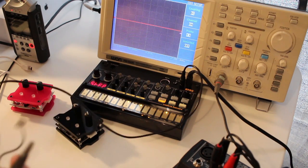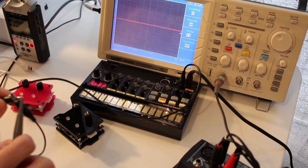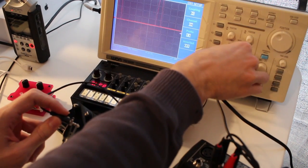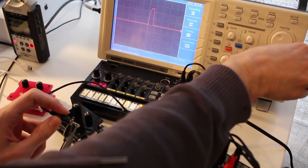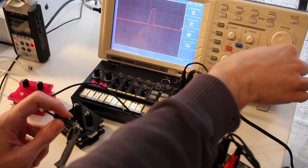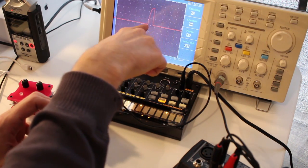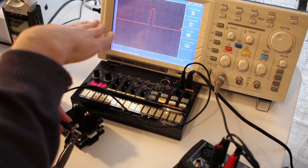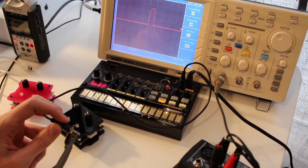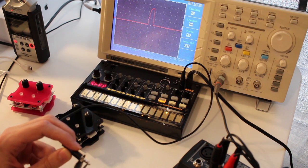Therefore, we're using an oscilloscope, which is a quite handy tool for this. I plug the ground here to the sleeve and a tip to this guy here, and let's have a look at that. Now you can see this is how our trigger looks, what we get out of our Korg machine, which is, what's that, 5 volts, like a nice sort of 5-volt spike, and the rest is just 0 volts. So this should be quite easy to use in our Patchblocks, just listening to the audio input